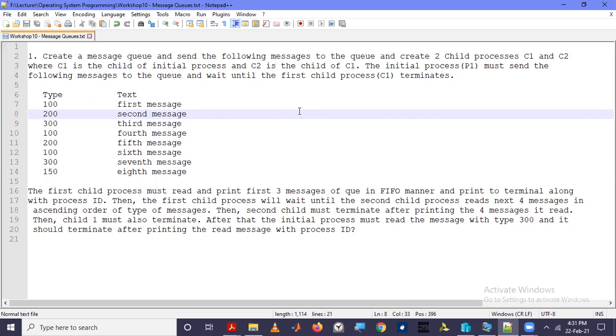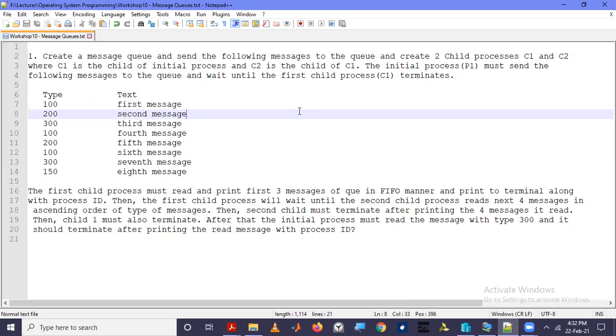And since the message queue resides in kernel space, any process that knows the message queue identifier, which is nothing but an integer value obtained using the function msgget,